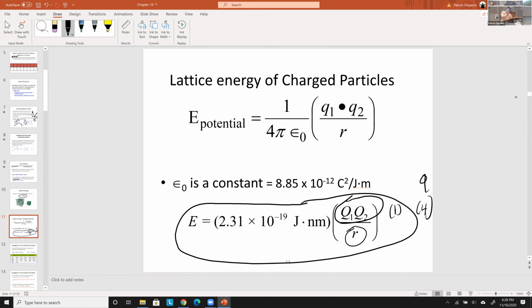So distance changes a little bit. It varies based on the sizes of the atoms. If you have larger atoms, the nuclei can't get as close to each other as smaller atoms would. Therefore, since the radius would be larger, the lattice energy, according to this equation, would be smaller. But it would be smaller by only a little bit. It wouldn't be 4 times as small. It would just be proportional to the difference in the distance between two smaller atoms versus two larger atoms,